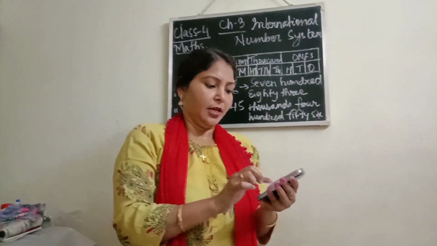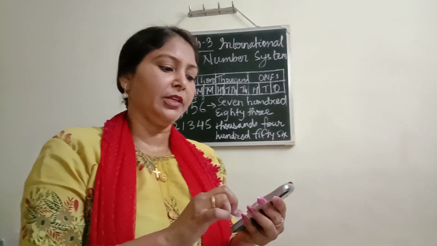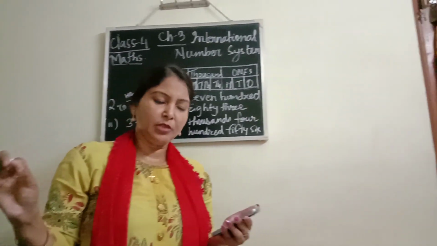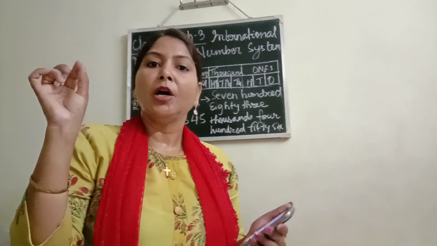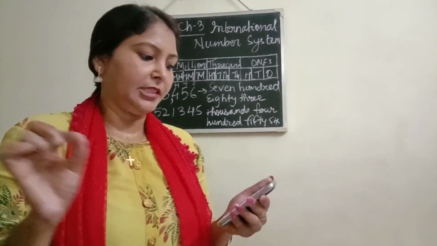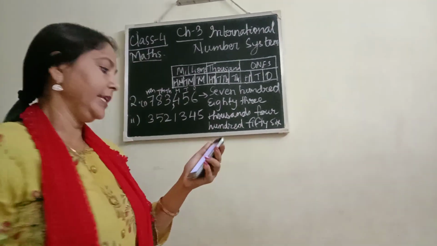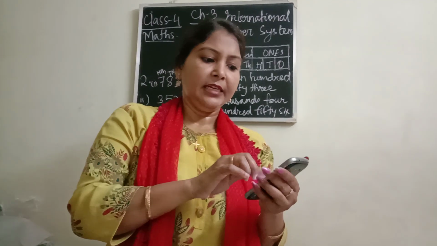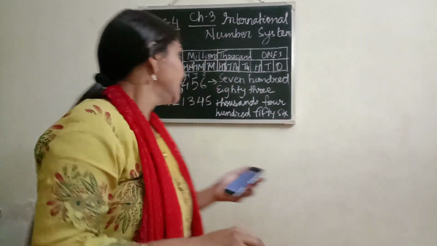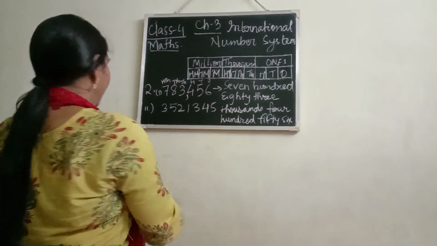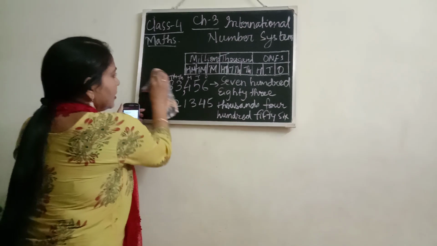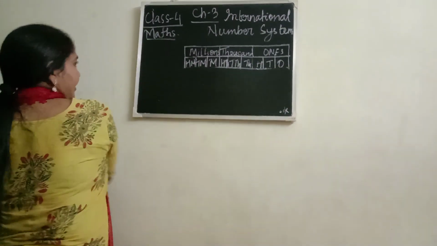Then the third question. You see, the third question is, you have been given the number names and you have to write the numbers, and you have to put the commas also to separate the periods. Like for the first one, it is 6,554,000, then 730. So here we have the place value chart. So let us write them on the place value chart. Let's see how we write.